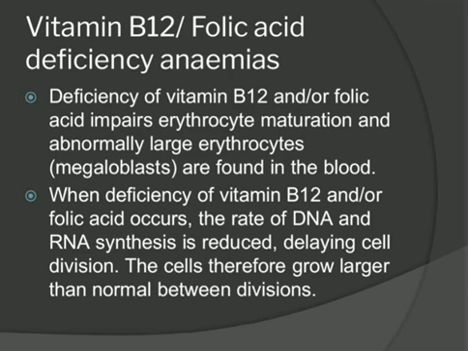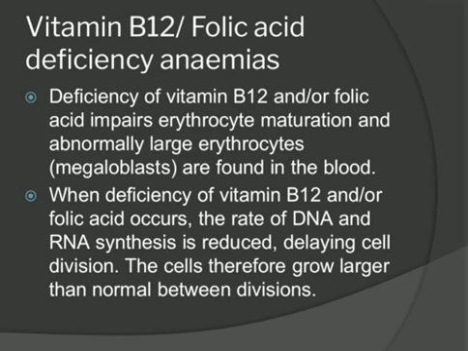Now, the second type of anemia is vitamin B12 or folic acid deficiency anemia. Deficiency of vitamin B12 or folic acid impairs erythrocyte maturation, and abnormally large erythrocytes, which are termed megaloblasts, are formed in the blood. Right? Now, we studied in our last lecture also that during the process of erythropoiesis, several cell divisions occur, and